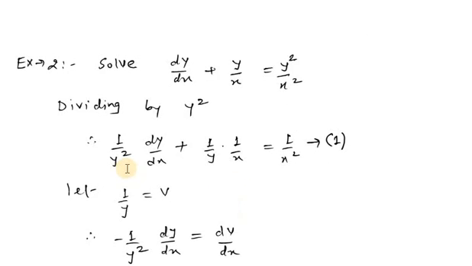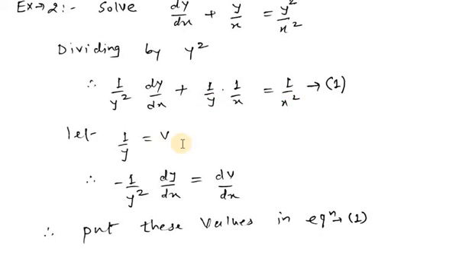Okay. Now taking a second example, we have to solve the differential equation dy by dx plus y by x equals y square upon x square. Now this is of the type of a nonlinear differential equation. So dividing this equation by y square, it will become 1 over y square dy by dx, y raised to 1, and dividing by y raised to 2, it will become 1 over y, and 1 over x as it is, and that equals 1 over x square. Y square will cancel out.